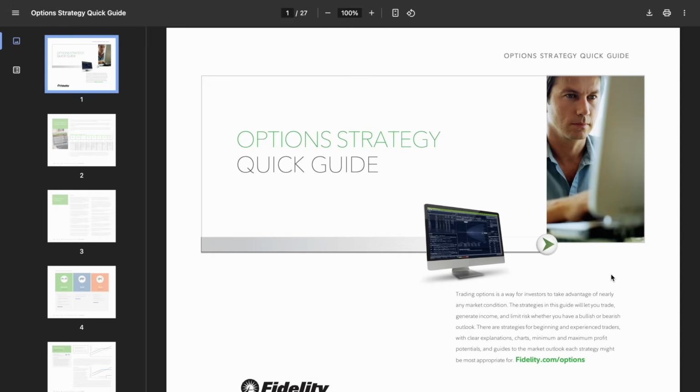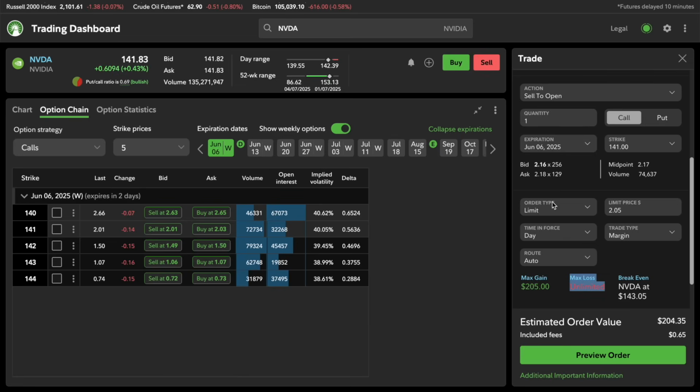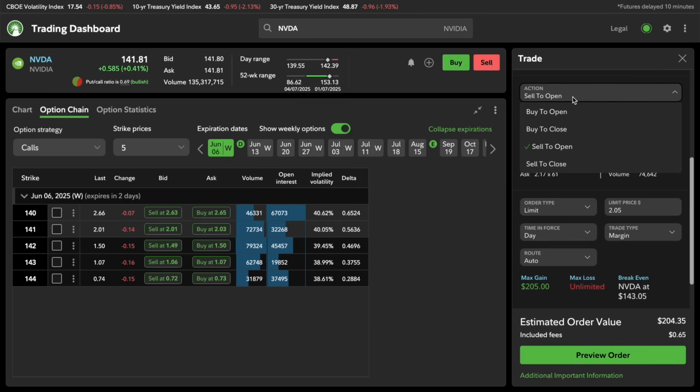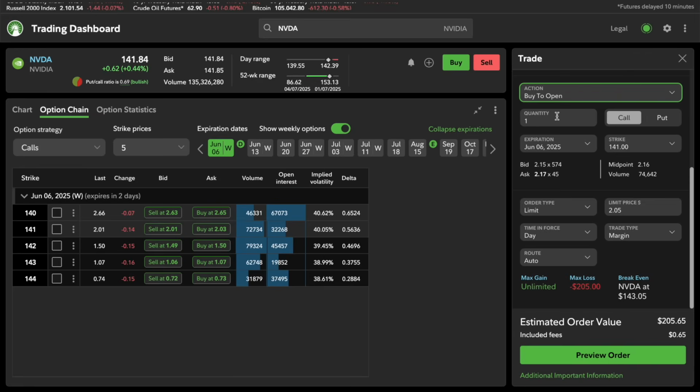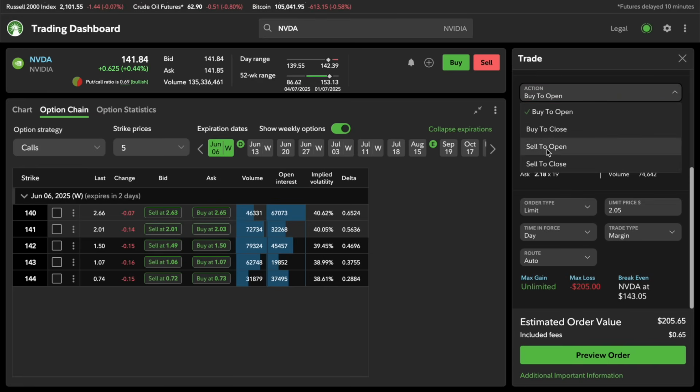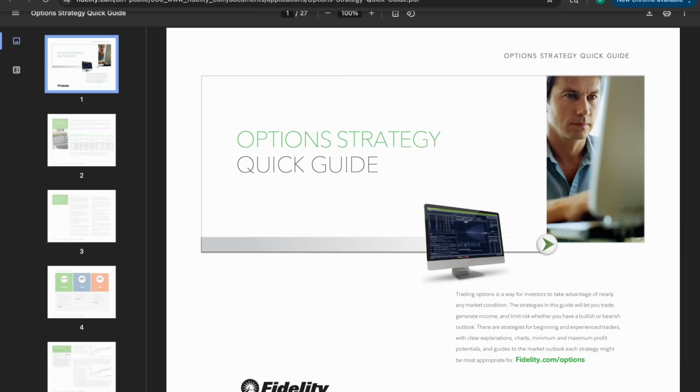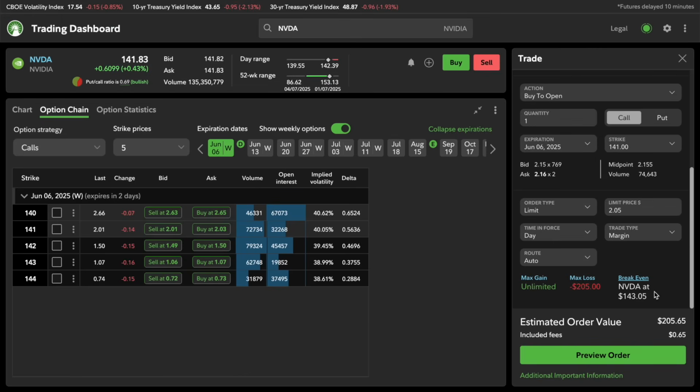So if you don't know what you're doing, that is very risky trading, and you need to be aware of your strategy and what you're trying to do. What I do like though is switch back to buy to open. Even if it's buy to open or it is sell to close, you will see that the break even is